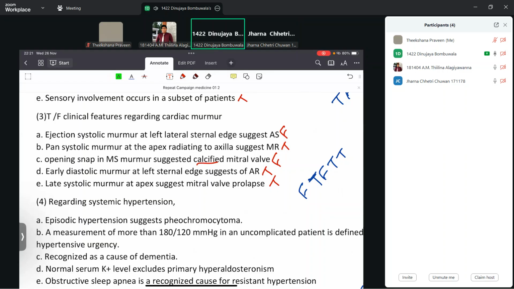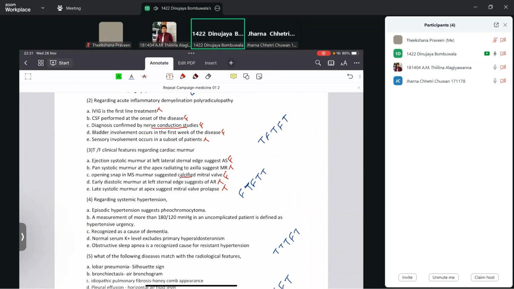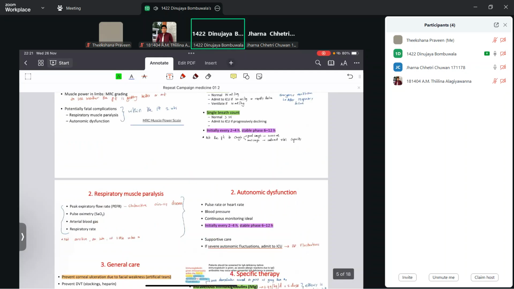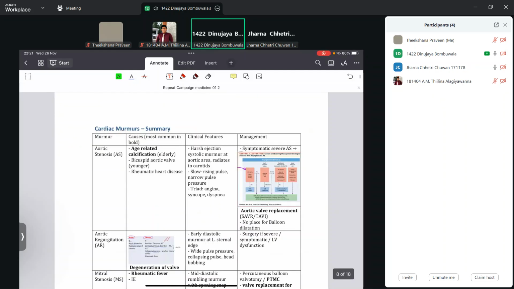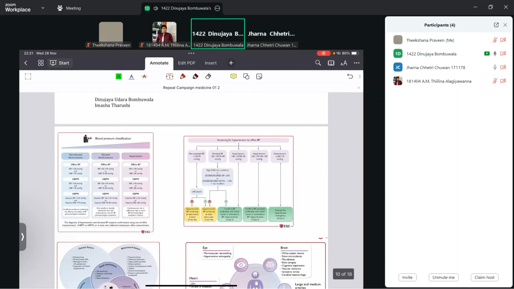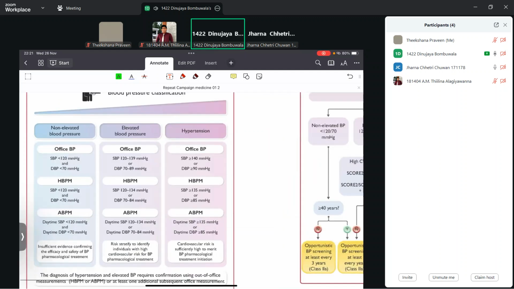So hypertension has different cutoffs in different guidelines. This is the ESC guideline cutoff. They are talking about blood pressure less than 120 over 70, then elevated, then hypertension, which is more than 140 over 90. For measuring blood pressure, we can do office, ambulatory 24-hour, and home blood pressure monitoring. There are different cutoffs for each of those tests.